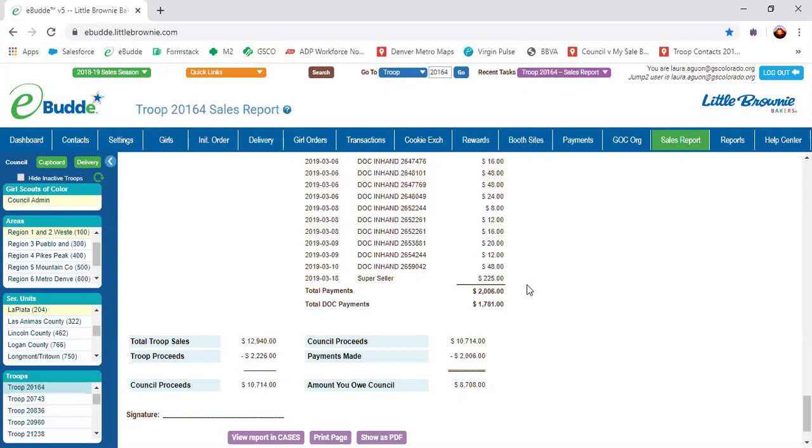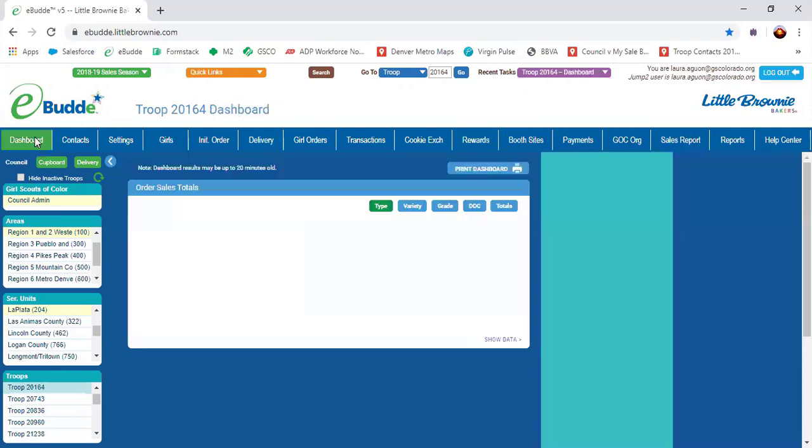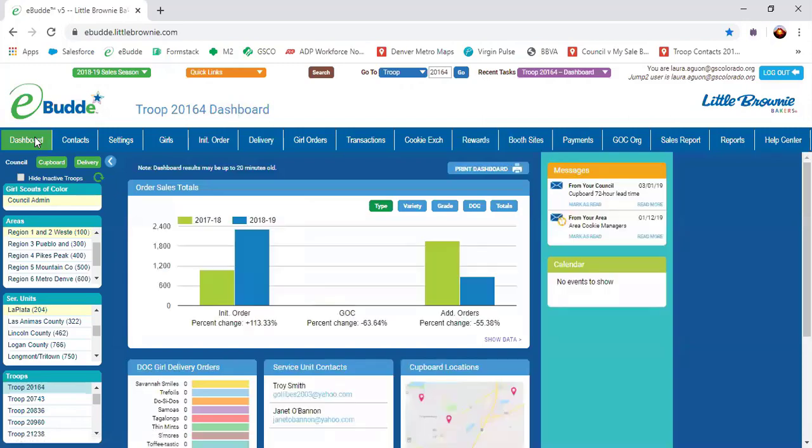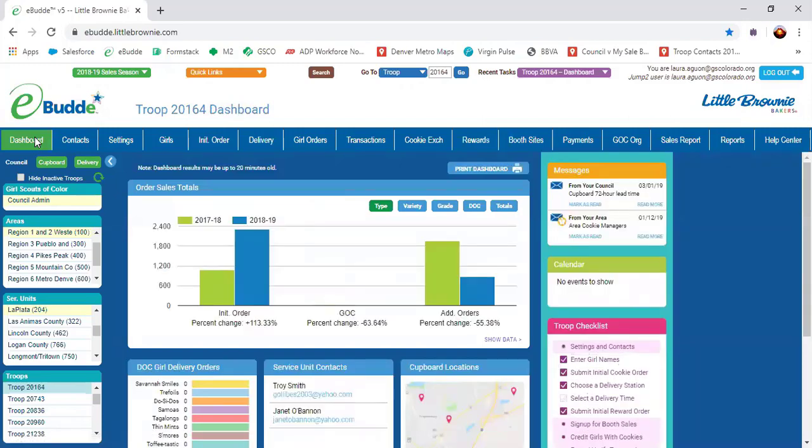Yes. Cool. Awesome. That is really how I would go through my cleanup for the troop. I would start to make sure my transactions are clear, that the girl orders are all balanced out, giving that difference line the 0, that I feel comfortable with the monies that have been deposited in and the balances owed by the girls. I would then pop over to my rewards tab, choosing all of my rewards for the girls. And then the final step is just double checking that sales report to make sure everything's okay, that my bank account is matching up to what it should be and